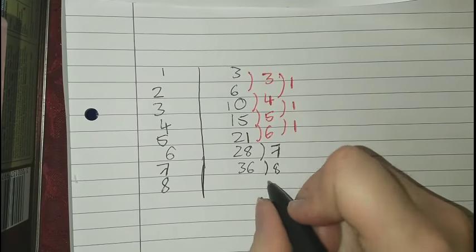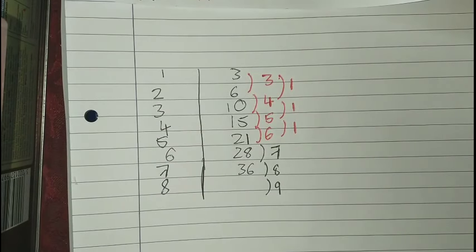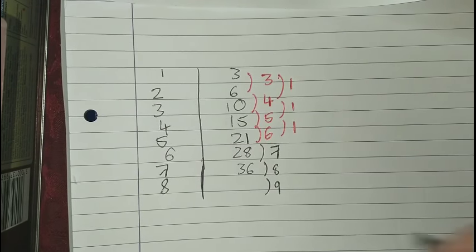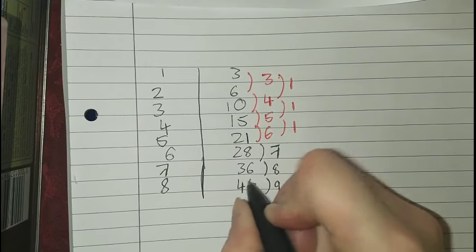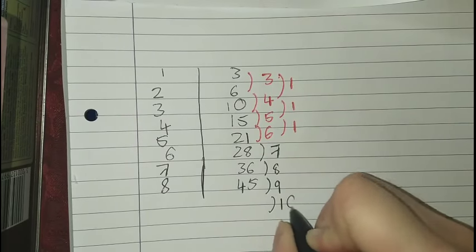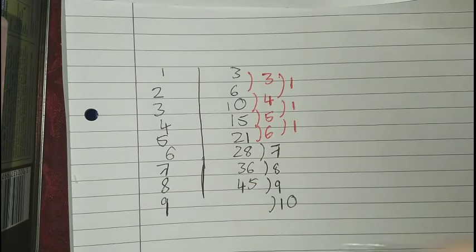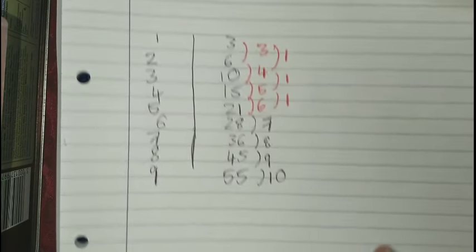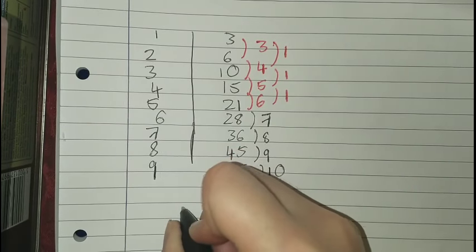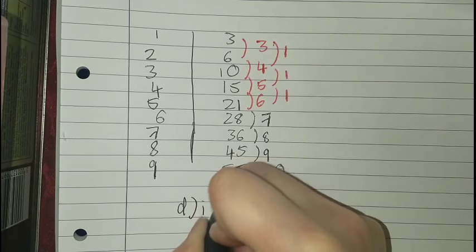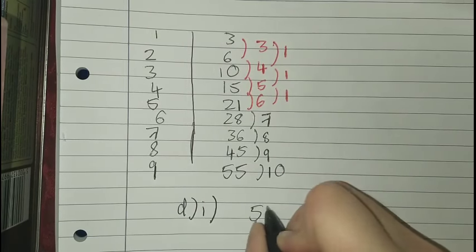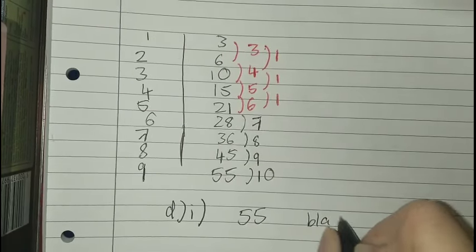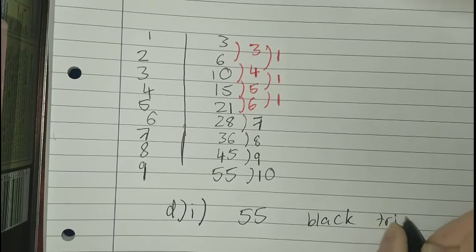To get to pattern number 8, we add on 9 to 36, and that gives us 45. And then to pattern number 9, we add on 10, so that's going to give us 55. So the number of black triangles in the 9th pattern, which is D part 1, is going to be 55 black triangles